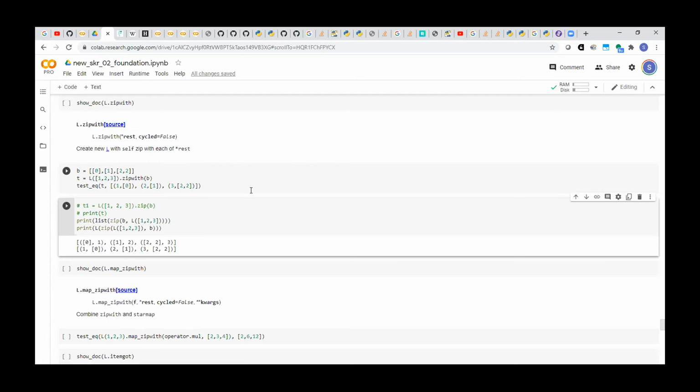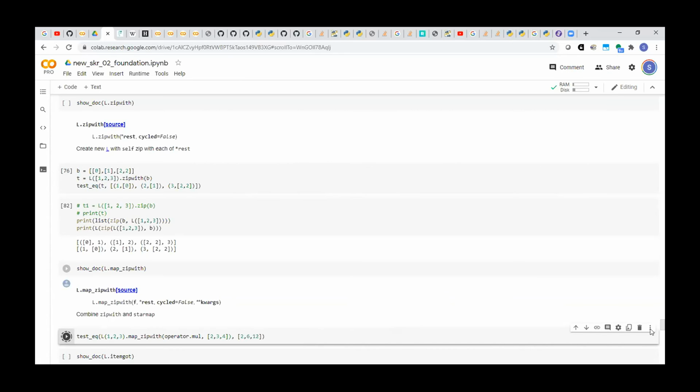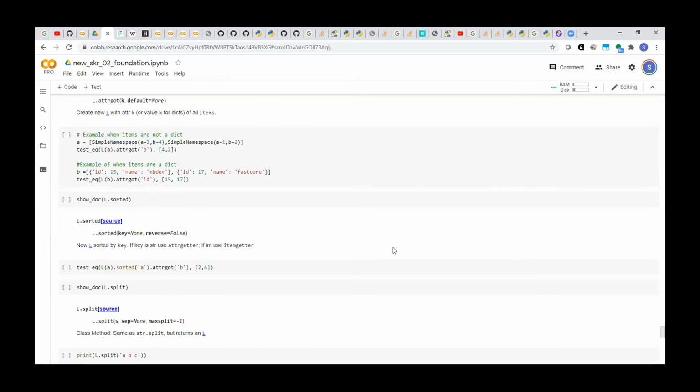Interesting. And then he has a map zip with. So you do a map zip width on an L, provide an operator, and then it does all this fancy stuff, basically. But I think the next one is something that, there are two things that Jemmy does, specifically the next two, I think, is the item got and attribute got, which I